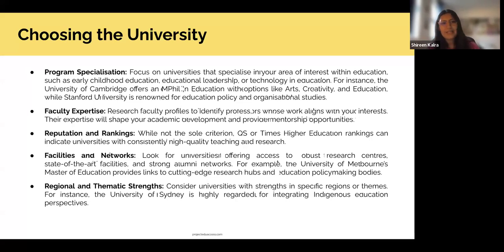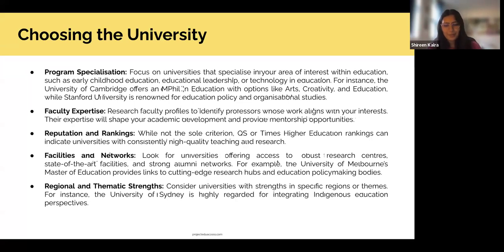So quickly getting into it, I'd be talking to you about choosing the university and choosing the country that you want to go to for your higher education. And then I'm going to move into a more generalist idea of what the application procedure looks like. Starting off, I do think choosing your university and choosing the country that you go to are two very intertwined things. So you need to think about both of them simultaneously, but I will cover them one by one.